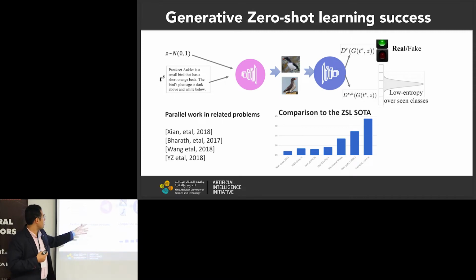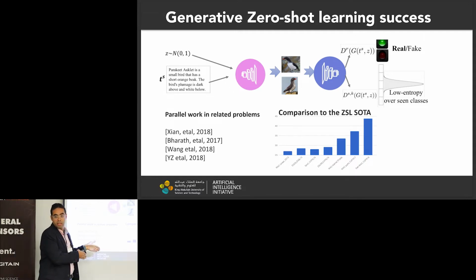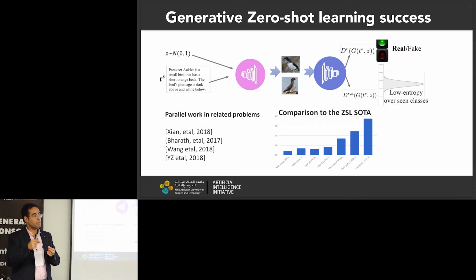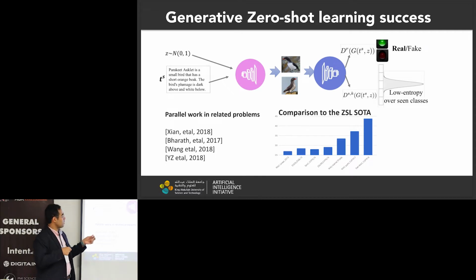So for example, in this benchmark, we have 200 bird species. It's on a popular dataset called CU Birds. And 150 of these classes are used during training, and the remaining 50 classes are used for evaluation. And during evaluation, you have access only to 50 Wikipedia articles that correspond to these 50 unseen classes. And during training, we use the 150 Wikipedia articles that correspond to the seen classes to learn the correspondence, to learn the mapping between the text space where we describe classes and the visual representation space.